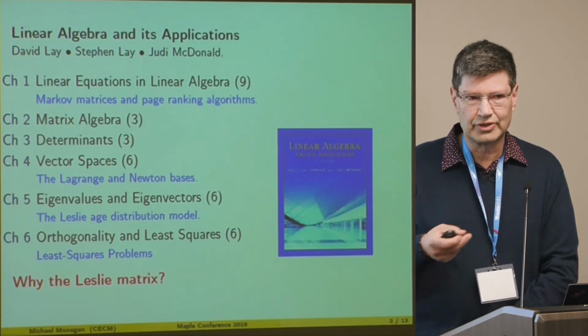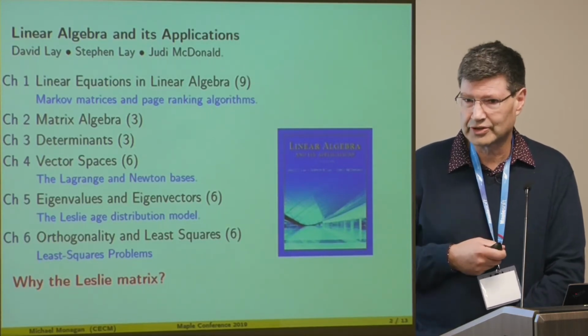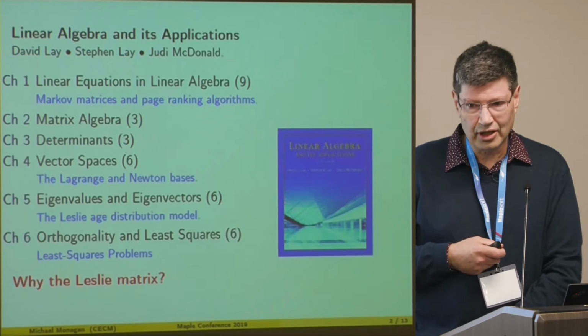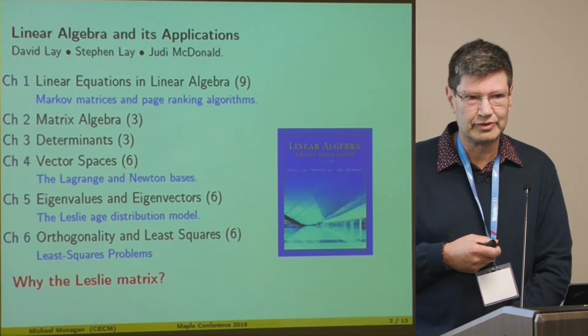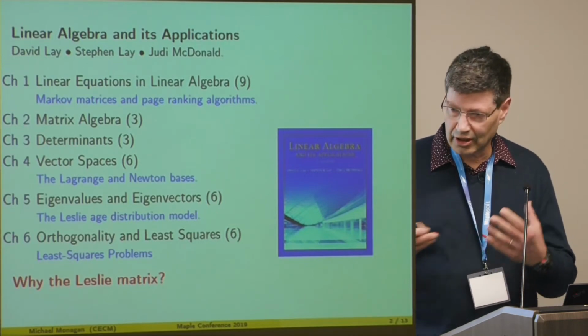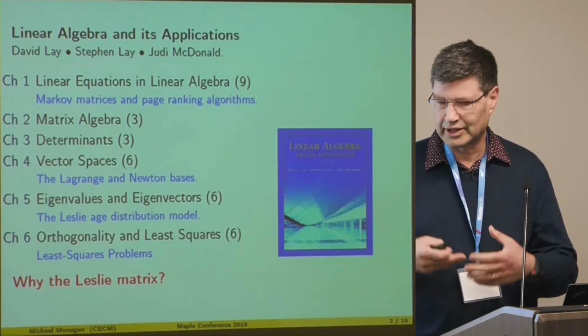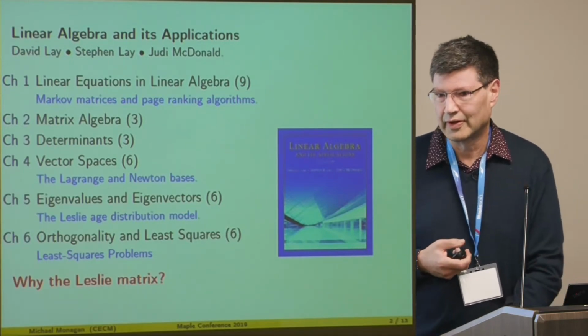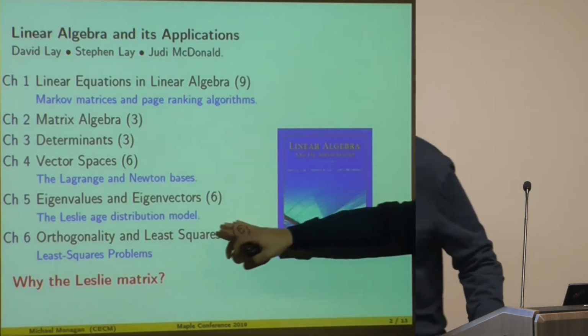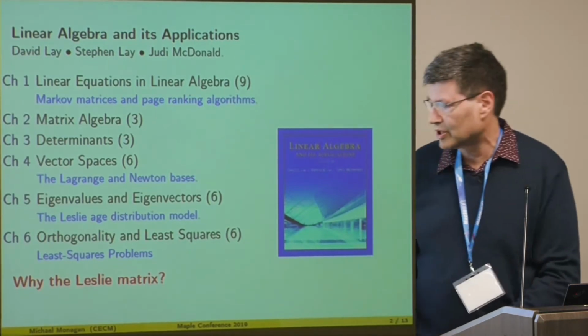So I don't think it's a good idea. Another reason I don't think it's a good idea, it's a lot of algebra to solve a first-order linear system of differential equations. There's a lot of algebra involved, and a lot of algebra that's got nothing to do with matrices. So I've chosen the Leslie age distribution model, which is what I want to present,